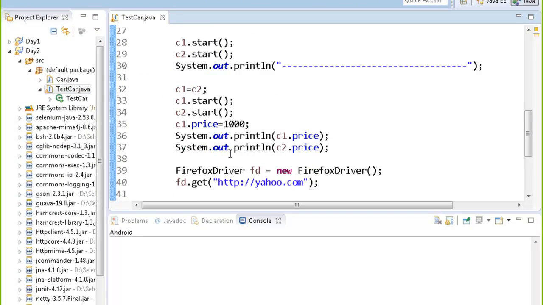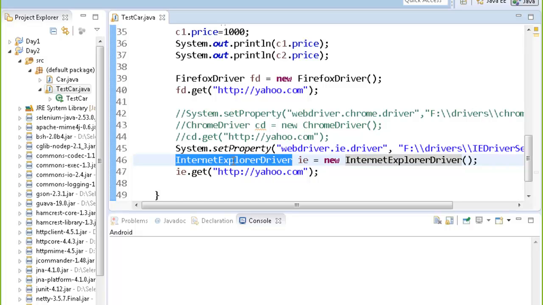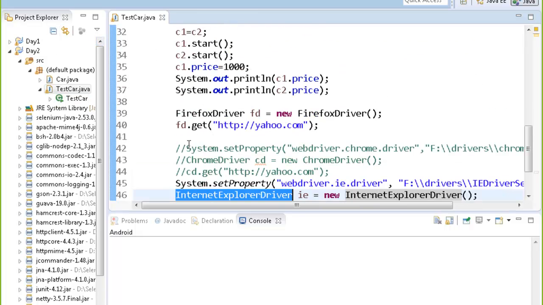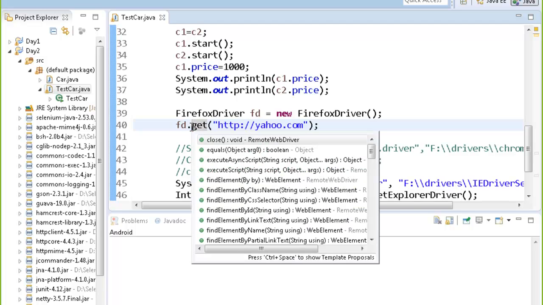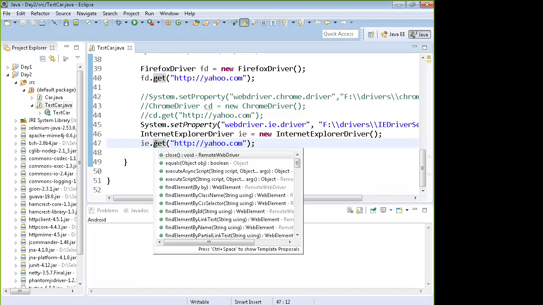Okay, so over here in the last class I had told you about Firefox driver, Chrome driver, IE driver and all. So if you have got different drivers for every browser which you use, does that mean that you will have to write separate code for every browser? Because if you want to access Firefox, you'll have to create the object of Firefox driver, and then with Firefox driver you will have to call the functions on Firefox driver. If you want Chrome driver or IE driver, then on Chrome or IE driver you'll have to call the respective functions.